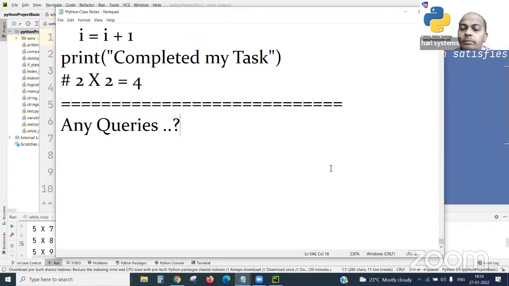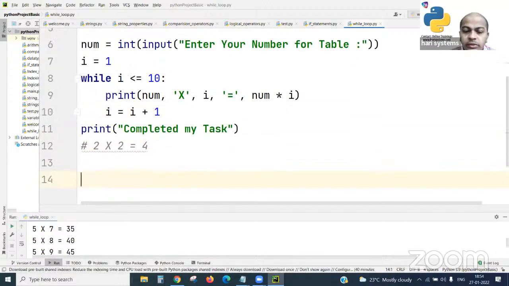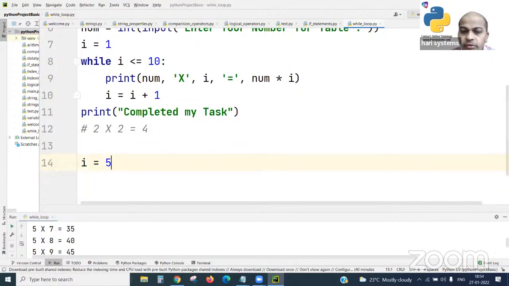How do I get numbers step by step? What is the number you want to get, where you want to get step by step? You want to print a number step by step? 1 to 10. Yes, it's very easy. See, we have seen the example with 5 numbers, no? I equal to 1 as the initial value.